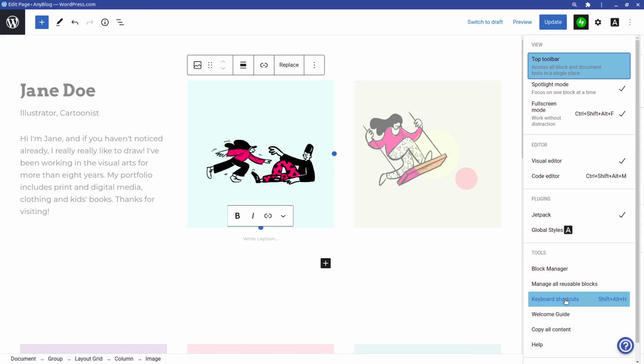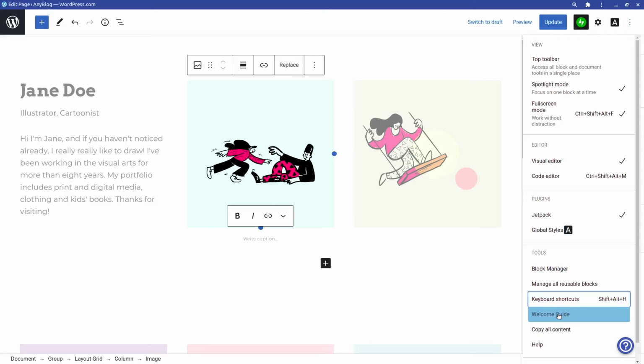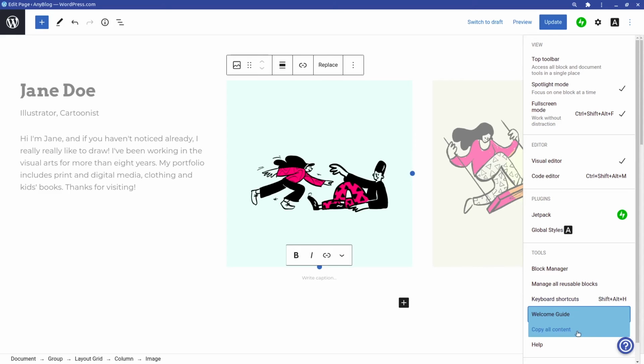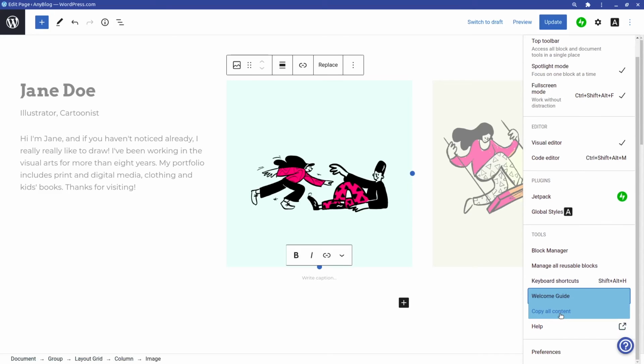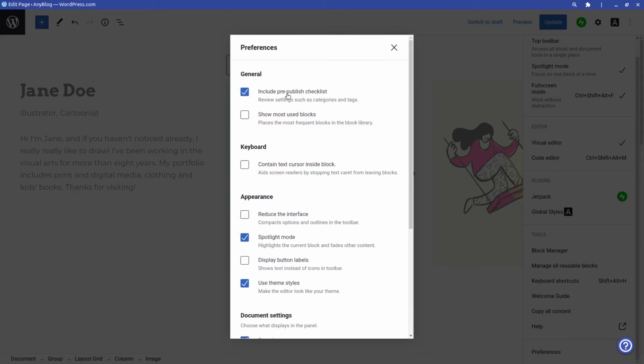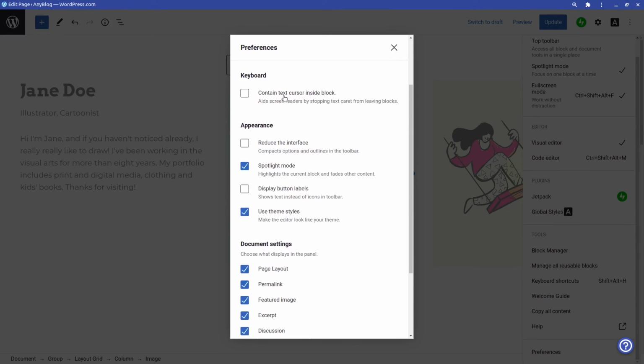And then you have your keyboard shortcuts, so these are all the shortcuts you have in the editor mode. And then you have a welcome guide, and you can copy your content. It is copied in the form of HTML and CSS code. So for the preferences, you can include a pre-publish checklist, and then you can show the most used blocks in the block library here. And then for the keyboard, you can contain the text cursor inside the block.